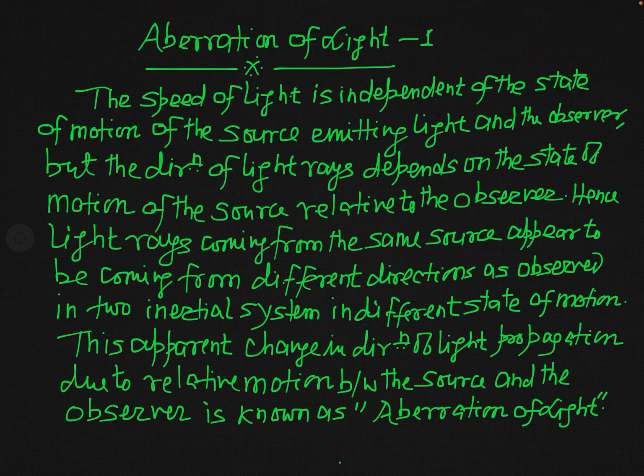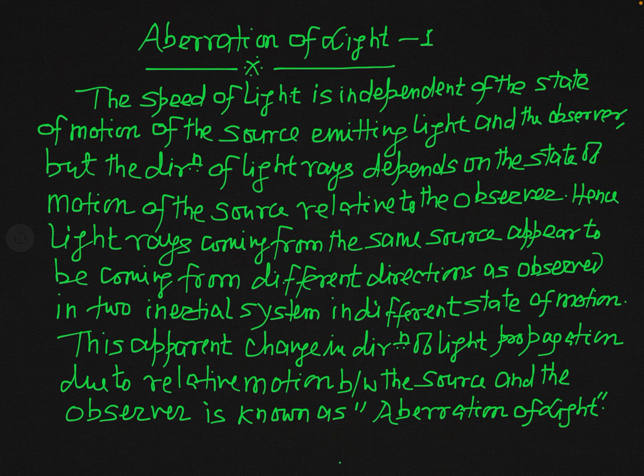You know from the second postulate of special relativity that the speed of light in free space is an absolute constant. It does not depend on the state of motion of the source which emits light and the observer which measures the speed of light. But here one thing is very important: although the speed of light is independent of the state of motion of the source emitting the light and the observer, the direction of light rays depends on the state of motion of the source